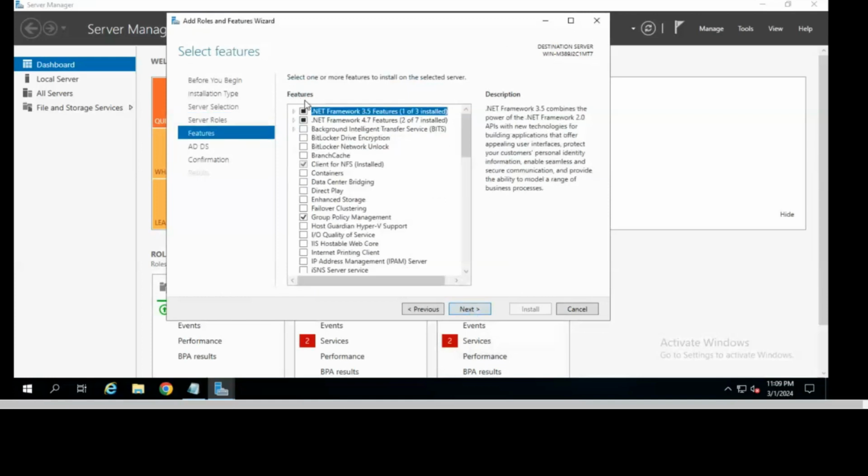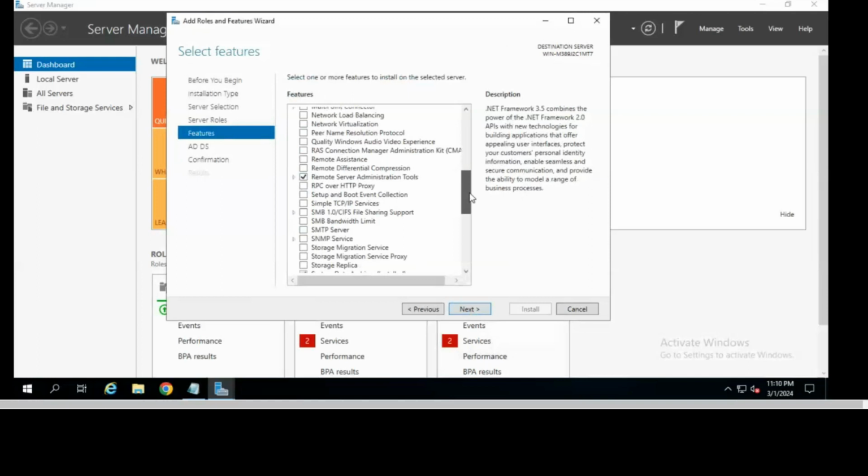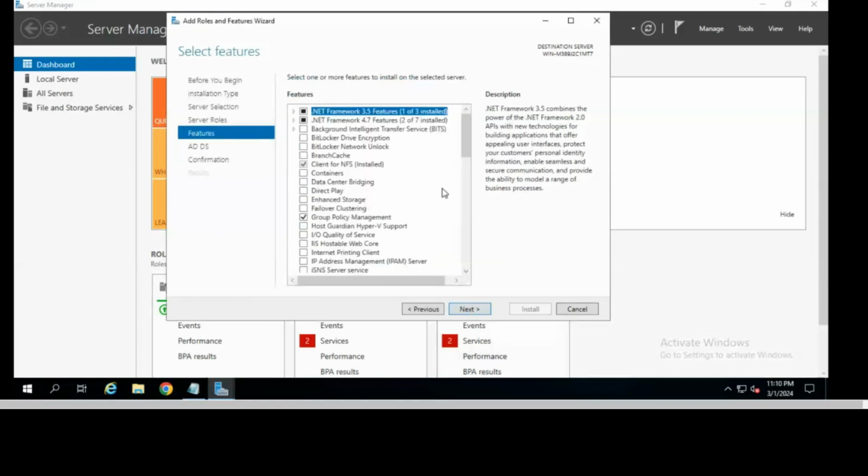Features means supportive applications. We don't need to install any supportive ones. By default all the applications we need are selected, like Group Policy, Client for NFS, everything is available. So don't need to do anything. For advanced users, we have multiple features also available, and we can do some more things, but for now don't need to select anything here. Just do Next.